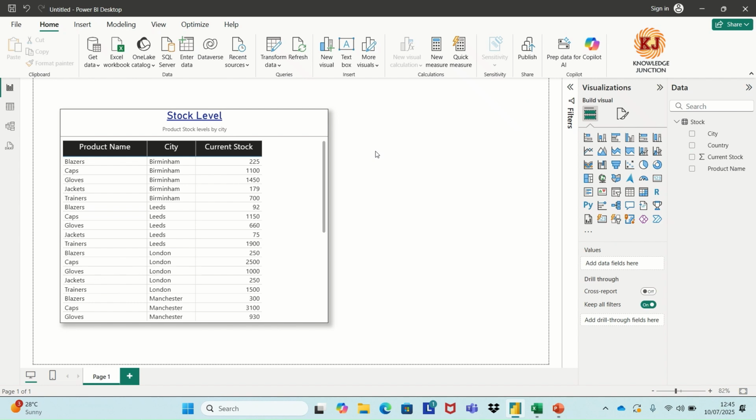What we can now also do is change the visual to allow the user to filter on a particular product, for example. So what we can use is a slicer. If I just simply click the slicer, another blank visual appears on the screen. What I have to do is just select the product name